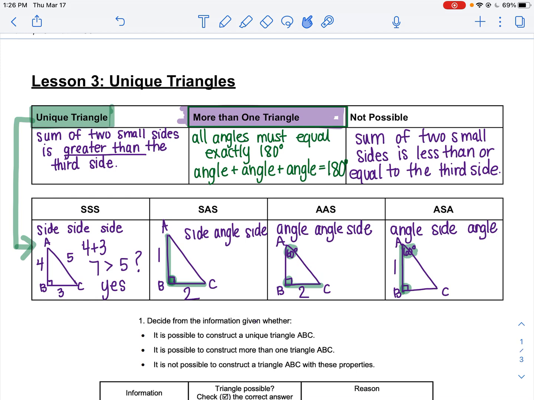Remember, if that triangle doesn't equal 180 degrees, it is also not possible. Okay, if you need to review these, you can always watch that video again, stop on some of my explanations to help you through that practice, and then on your